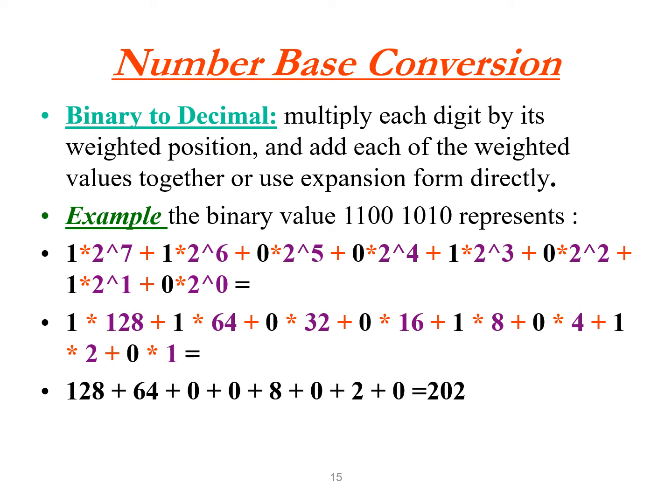Then increment the power of base by 1, that is 2 raised to power 1, which is multiplied by the next bit, that is 1. Then plus the next digit, 0, multiplied by 2 raised to power 2, then plus 1 multiplied by 2 raised to power 3, plus 0 multiplied by 2 raised to power 4, plus 0 multiplied by 2 raised to power 5, then plus 1 multiplied by 2 raised to power 6, plus 1 multiplied by 2 raised to power 7. All these products are then summed up, and we find the number 202.